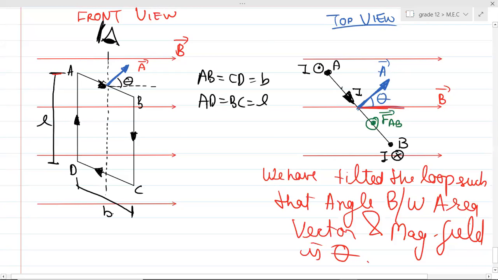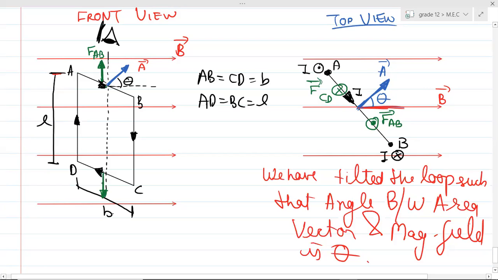Whereas what will be the force on CD, guys? The force on CD will act in the downward direction, right? I'm drawing this force over there so that we should not get confused. Right? So the force on AB is acting in the upward direction, and the force on CD is acting in the